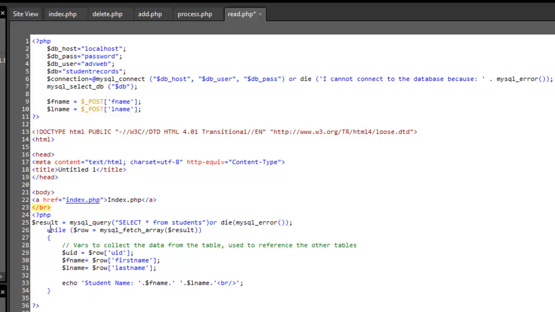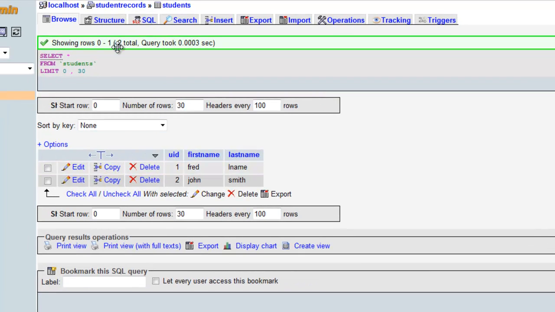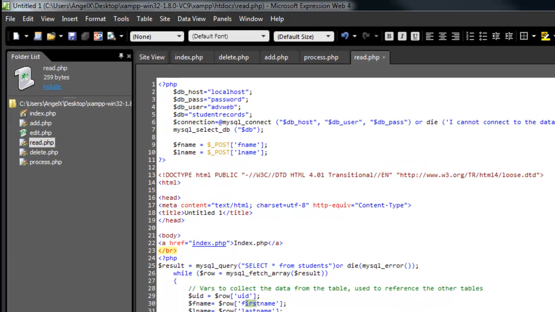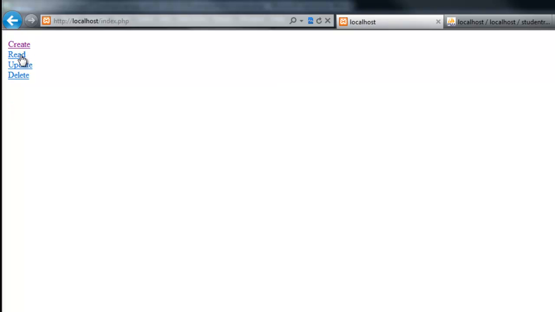Okay, so what this does is this is a select everything. So star means everything from students. Puts it into here. Now what this does is it searches via these names, UID, first name, last name. Okay, so I do all that, and now it should echo out every time I hit it. So let's save. Jump back to here. So I'll go back to my index. Now if I hit read,